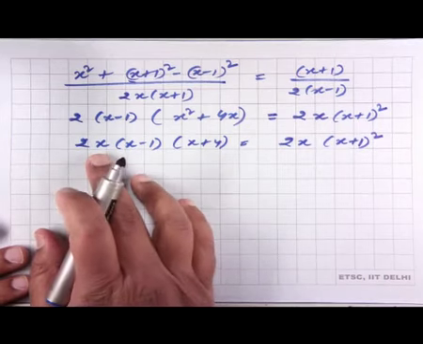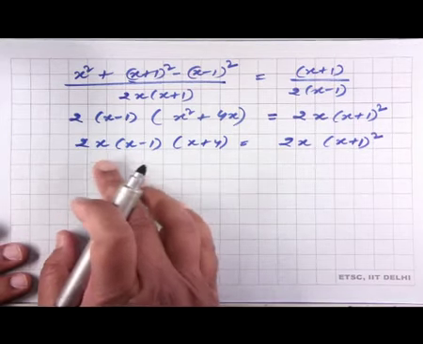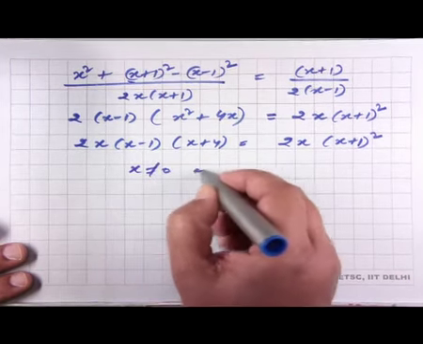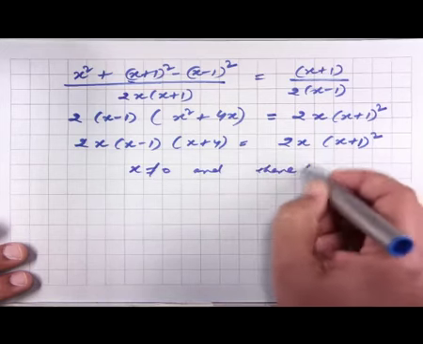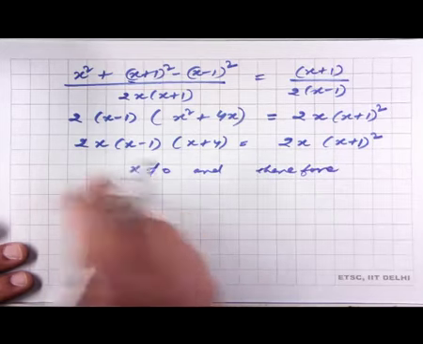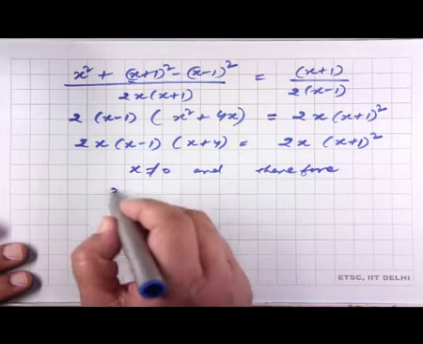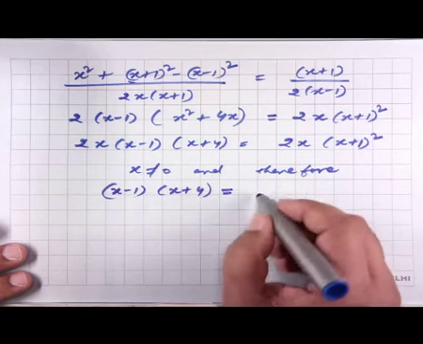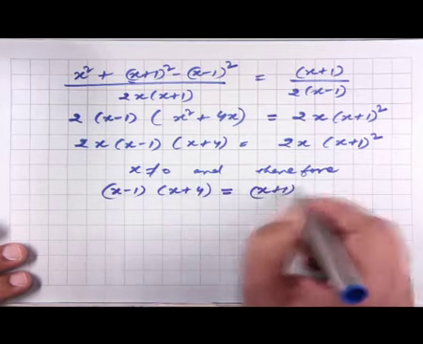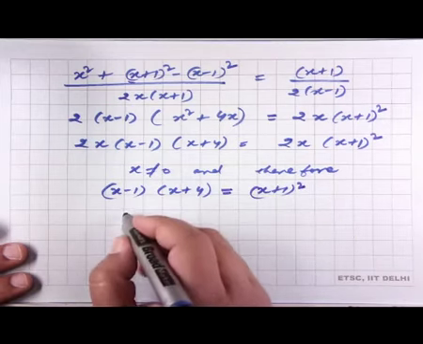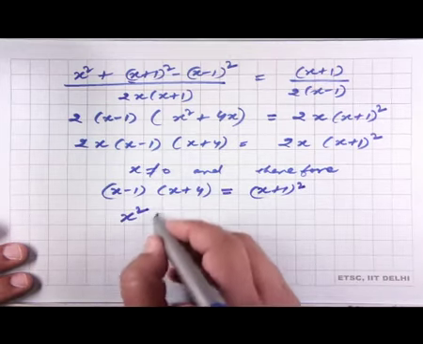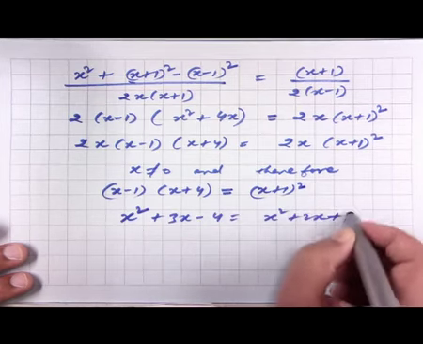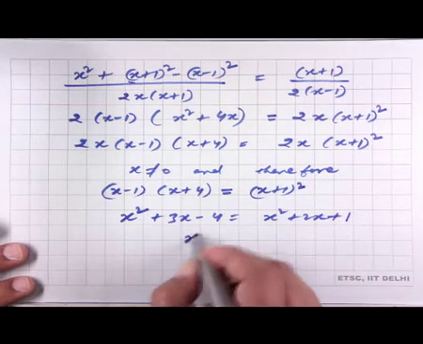Since x is the length of one of the sides of the triangle and it is a natural number, x is not equal to 0, and therefore, this implies that x minus 1 times x plus 4 is equal to x plus 1 whole square, which is equivalent to this equation, from where we see that x is equal to 5,